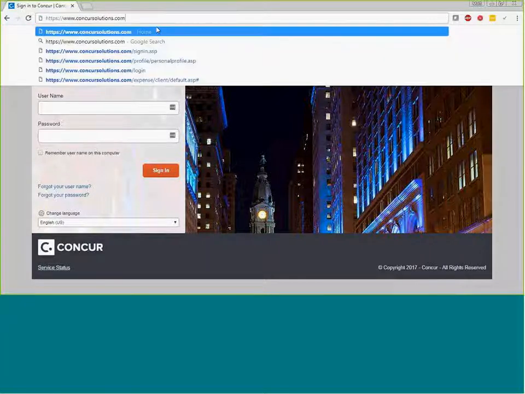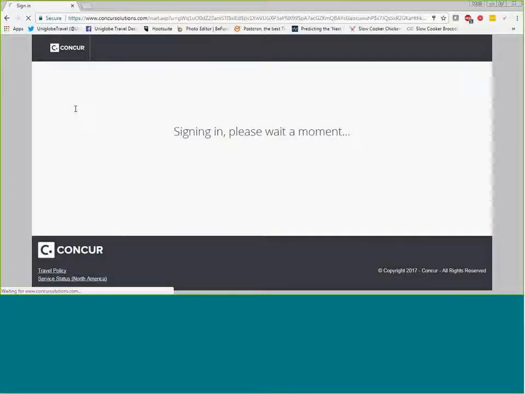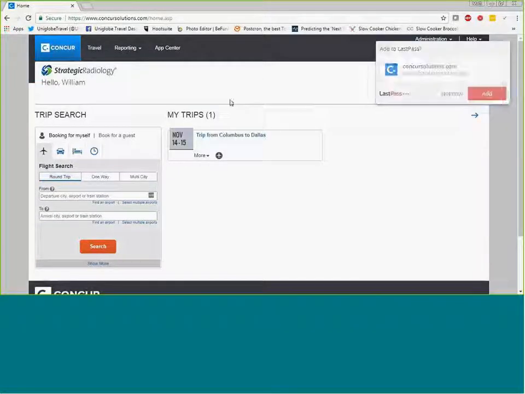Go to concursions.com, and that login information that we gave you, I'm going to use just a generic login name and password. So you will enter in the credentials that we gave you. You'll sign in,